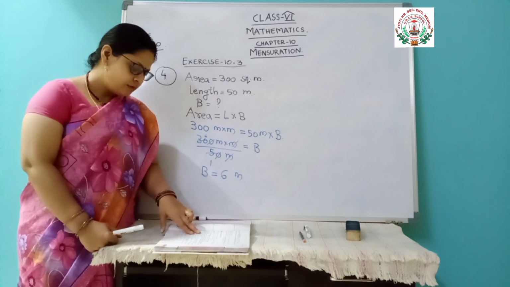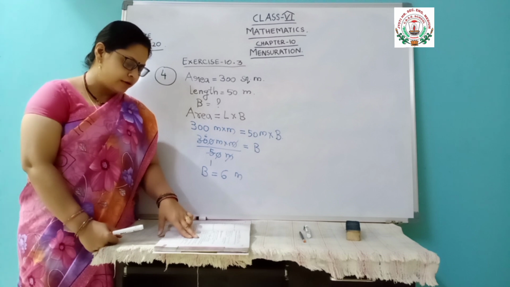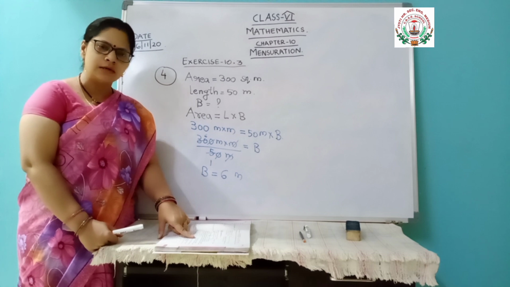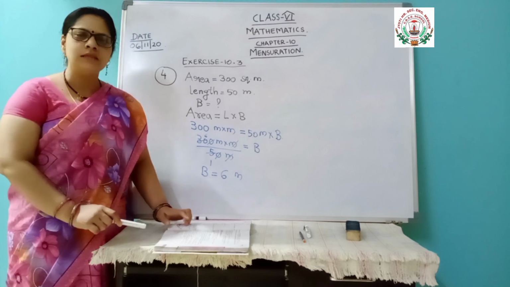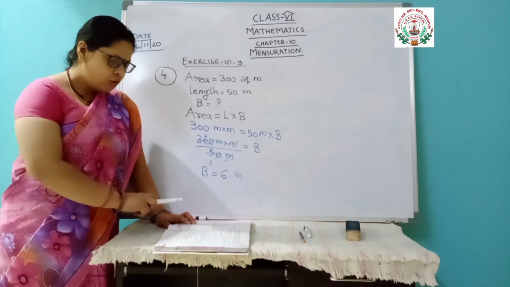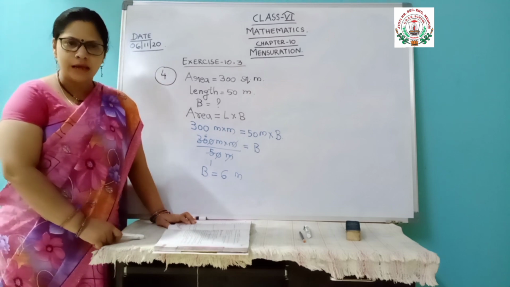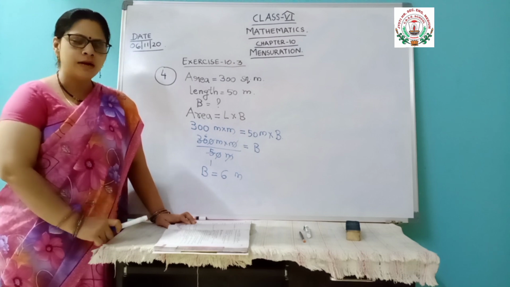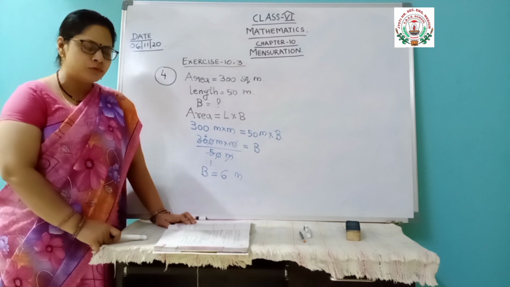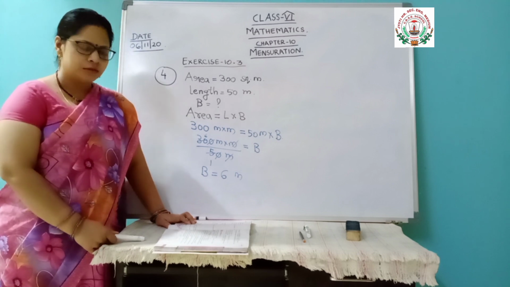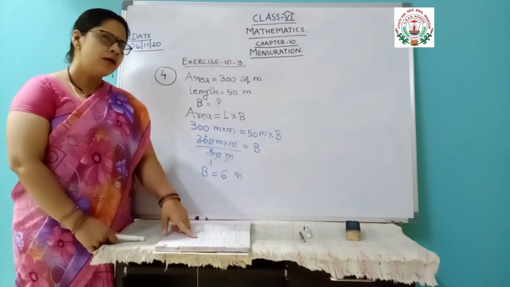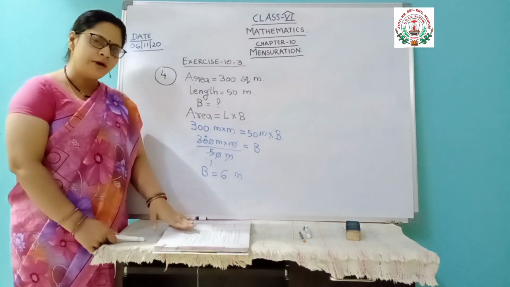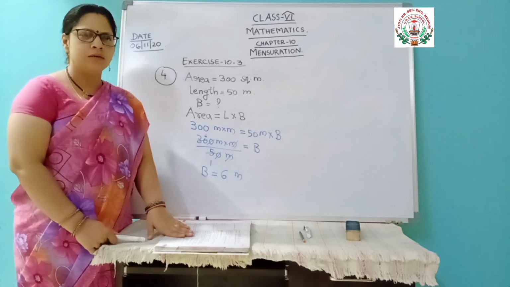At the rate of rupees 8 per 100 square meter. Here you have to understand that nowhere in the question can you see the word area. Nowhere in the question are you getting the word area. But how will you understand that the area formula has to be used? By seeing this unit. Square meter is given, and square meter is the unit of area. So that means you are going to find out the area.